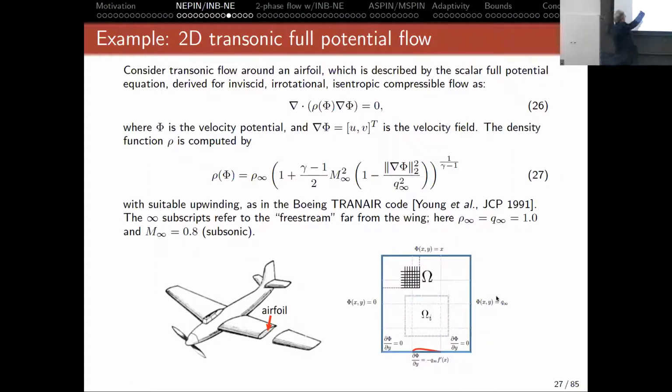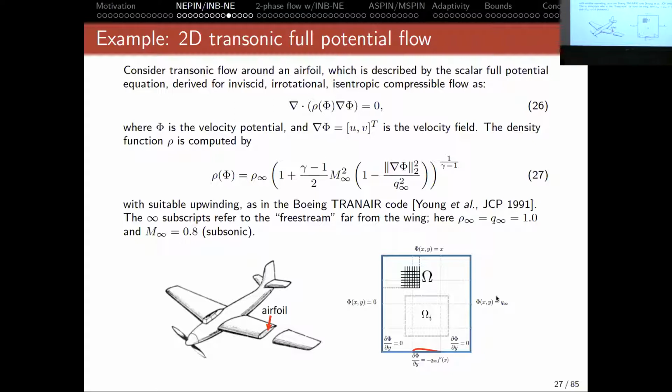So we have the transonic potential flow PDE in equation 26 there, where the density as a function of the potential has this nonlinear form. And we can take a section, where this is the top of the airfoil, use injection to parameterize that shape, set up a standard problem. This is one that they do.